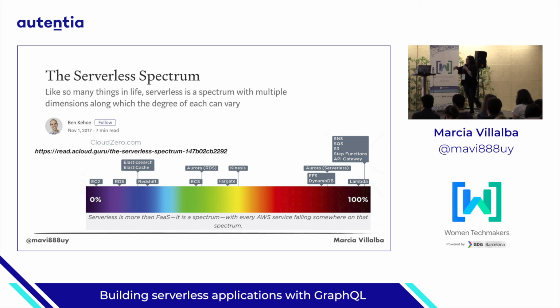So there are many services on the spectrum of serverless. For example, if you are using AWS, the Relational Database Service is kind of in the middle of being serverless, because you need to manage the instances, but still the instances are not in your possession, in your basement. So there is some degree of serverlessness there.